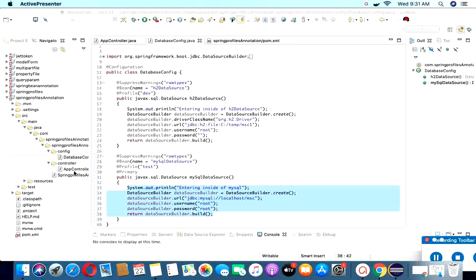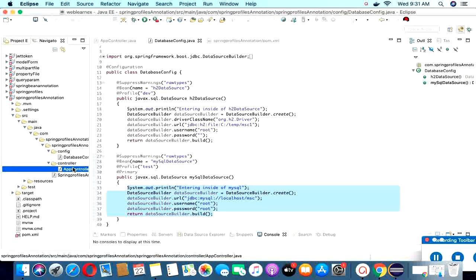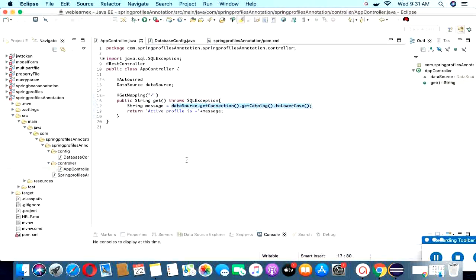So let me show you the controller. I have created one simple controller and passed only one URL, and I'm getting whatever database is picked: if it's the dev environment it will pick the H2 database, and for the test environment it will pick the MySQL database. So this is the whole project setup.